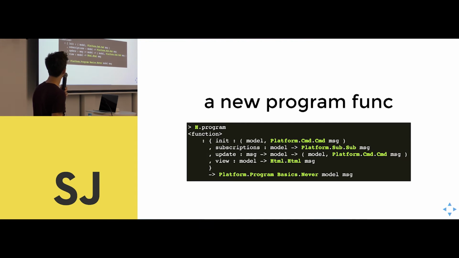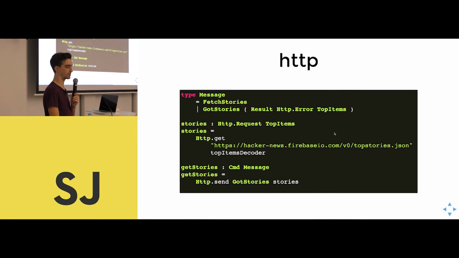What's changed here is we have a subscriptions thing that's useful for things like WebSockets, so you can just dump values into your long-running program. The view stays the same. The init now takes an initial command it can run, and the update, instead of taking a message and a model and returning a model, returns a model and potentially a command, which becomes more clear with this example. So this is an actual HTTP call to get all the top stories from Hacker